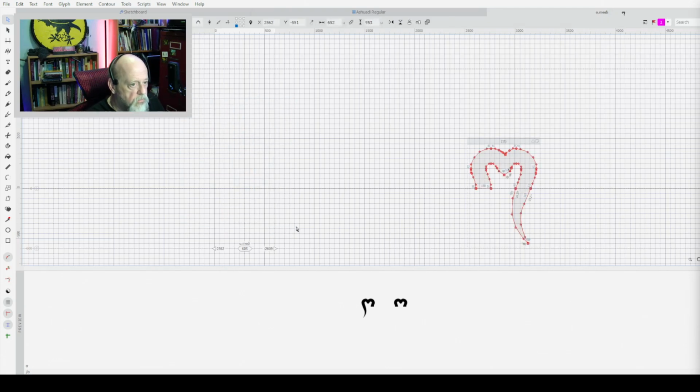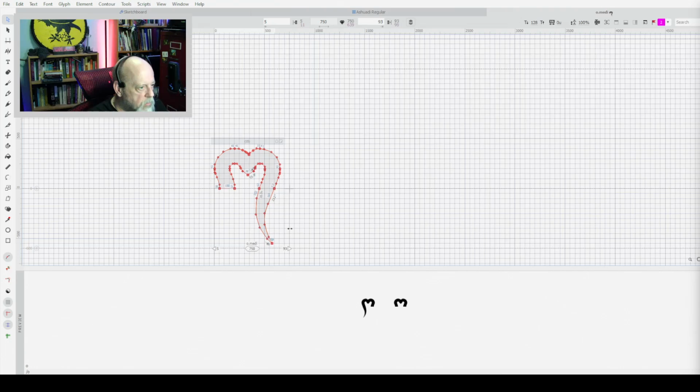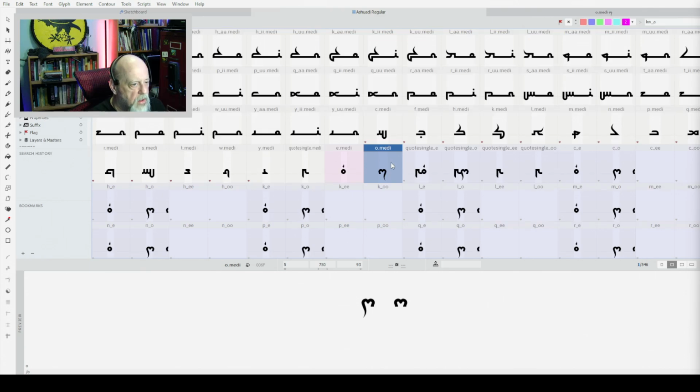Delete, Control V. This is way off because it's in the exact same position it was in before. So I'm going to drag it over to here and line it up more or less with the left. Use the arrows. We'll have to test this. And then move the right barrier, right boundary, I can't remember the term, over to the right. Anyway, so there's some spacing after it. And that means that one is done, and I can flag it green.